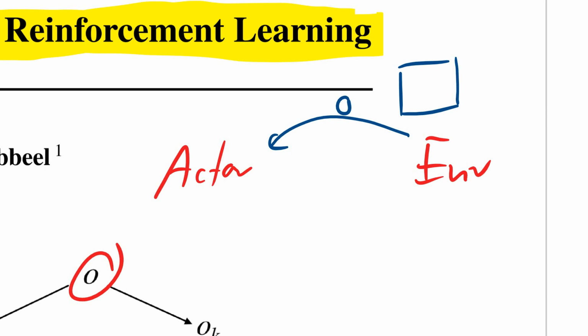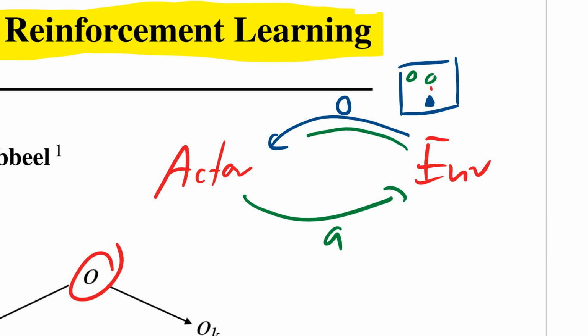So let's say the Atari game where you have this little spaceship here and there are meteorites up here and you need to shoot them. So there is a little shot here, right? You need to shoot those meteorites, right? So this is the observation O, and then as an actor, you have to come up with some sort of action, and the actions here can be something like move to the left, move to the right, press the button that does the shooting. So you have to come up with an action somehow, given this observation,